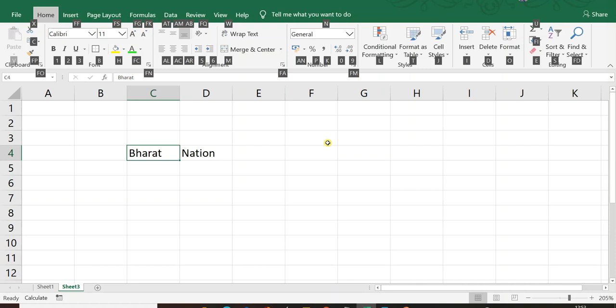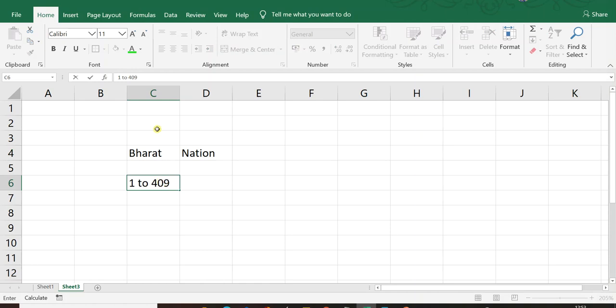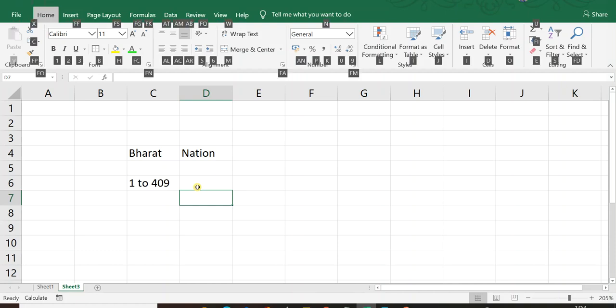So if I want to increase the text size, I need to click FS. Look here, it was FS, F and then S. You can type the number, and remember the font change you can do from 1 to 409 points. 1 to 409, you cannot go beyond that. So in this way you can select the font change, color or anything using the Alt H and that particular option.